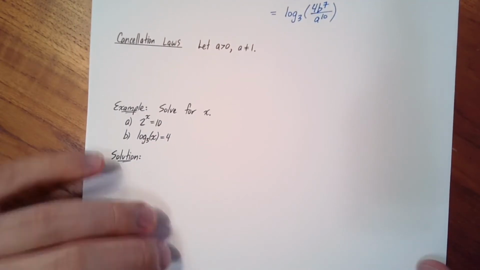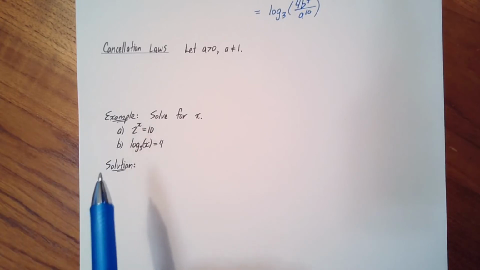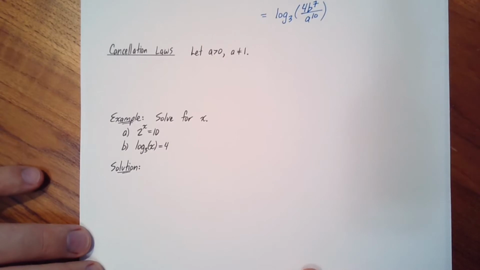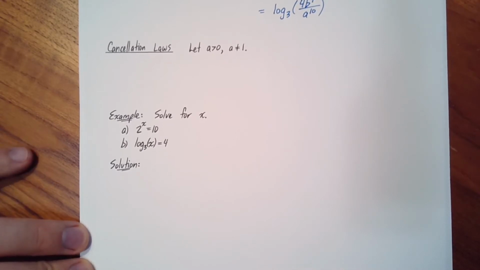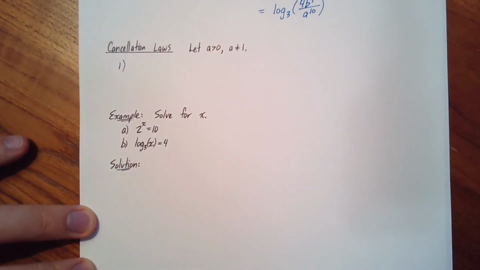A couple more, the properties I put on the previous page, those are just three of the important properties. They're not every single property of logs. So I'm going to state a couple more here. These have a name. They're called the cancellation laws. And really, this just formulates what it means for logarithmic functions and exponential functions to be inverses of each other. Okay, so let me write them down carefully. Now the first one